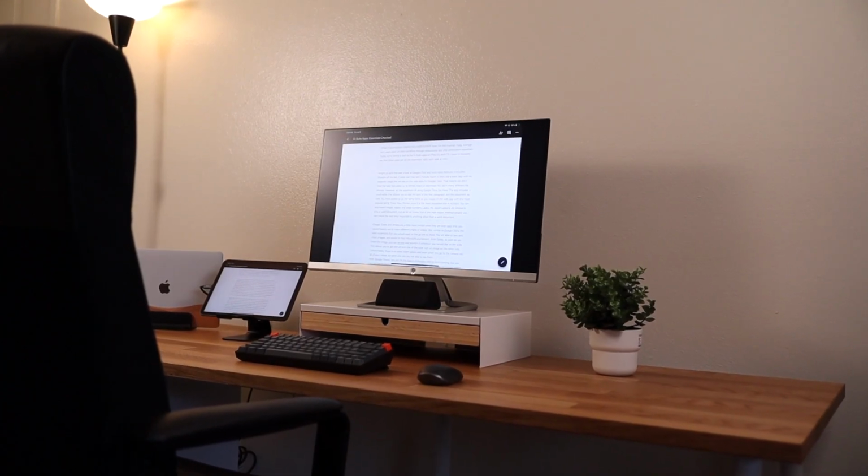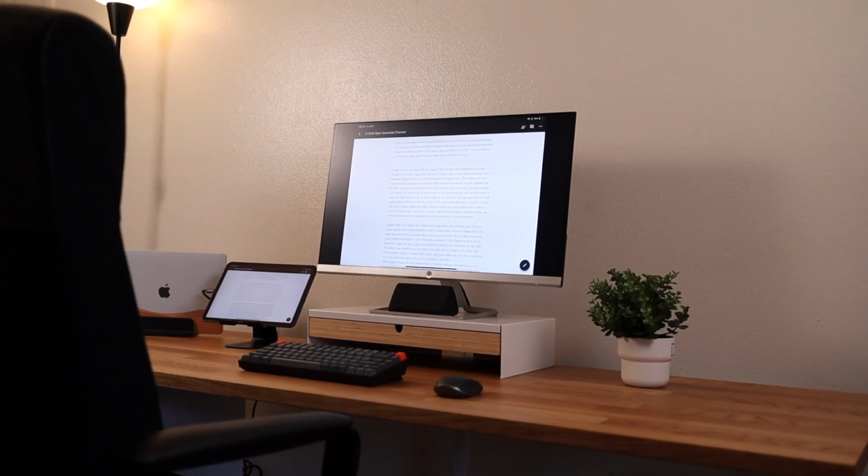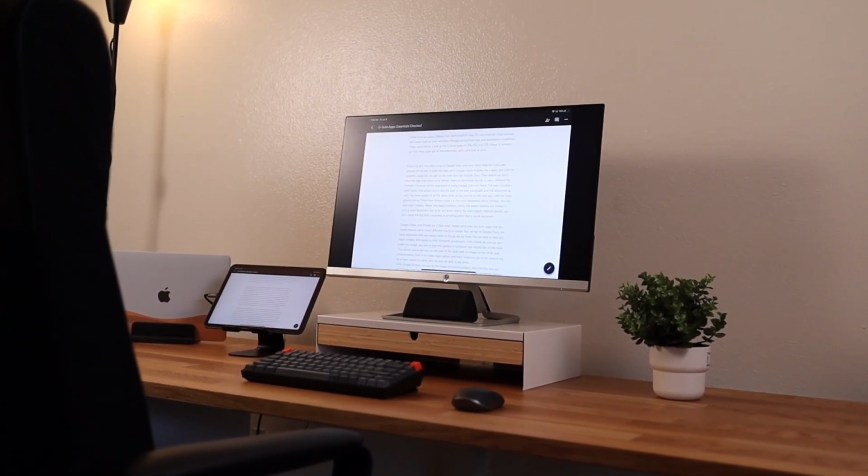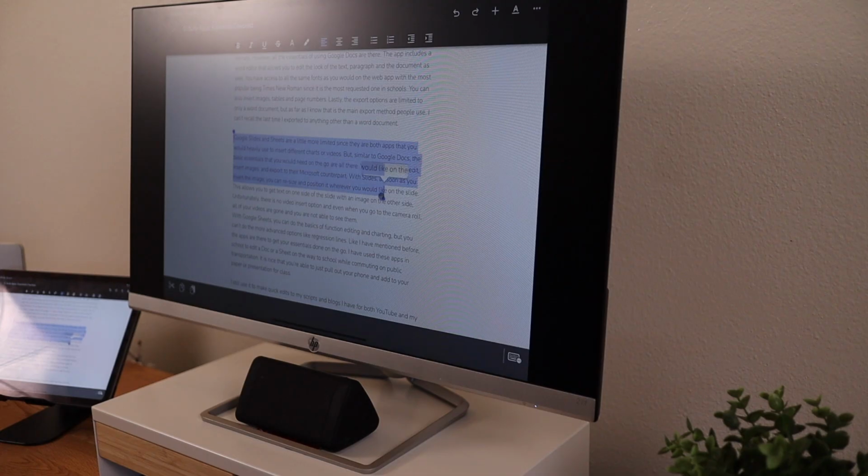Alright, so let's start off by taking a look at Google Docs. And straight off the bat, it looks like it's very basic. There's not that many features, just as you would see on the web version of Google Docs. There's no fancy formatting, you can't insert a bunch of stuff, and you can't export to a bunch of different documents. However, it does get all the essentials done right because you do get a text editor on the go,